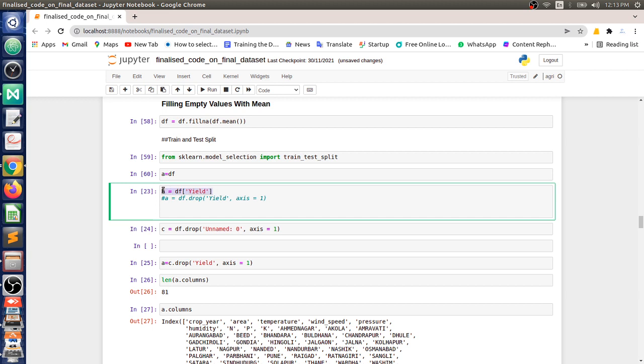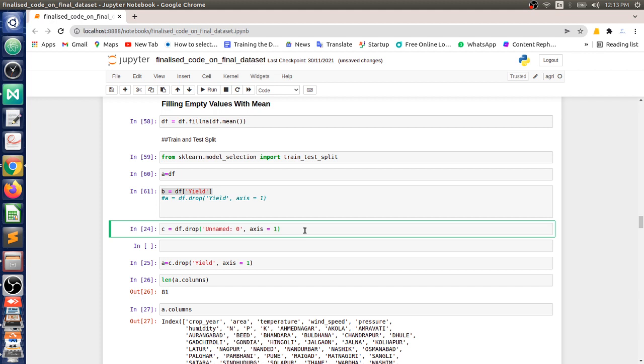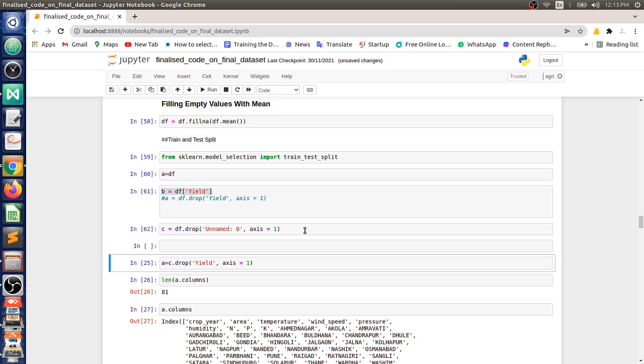So I am taking the yield column as B, and I am dropping the unnamed column, which got created when I imported the data set. I don't want it. A will have all the columns except yield, because except yield, everything will be my input.